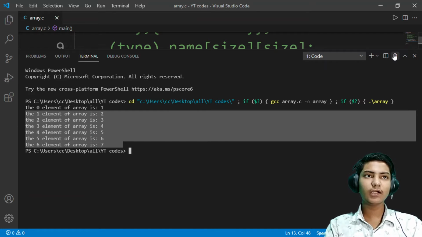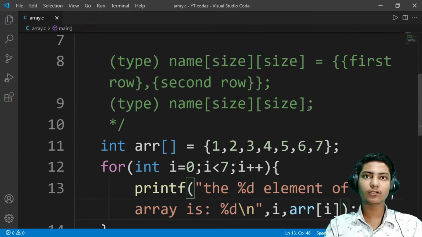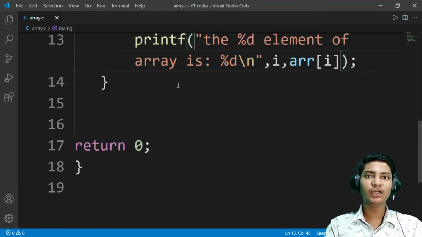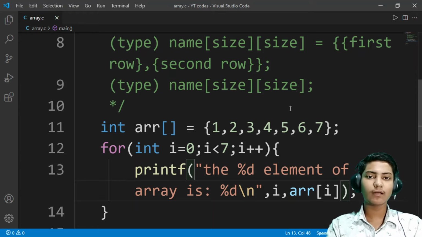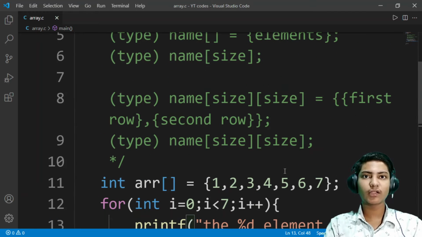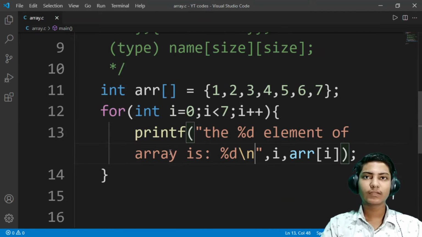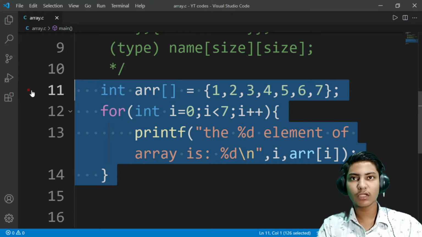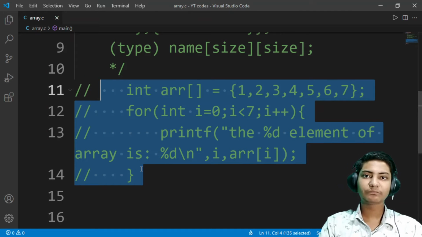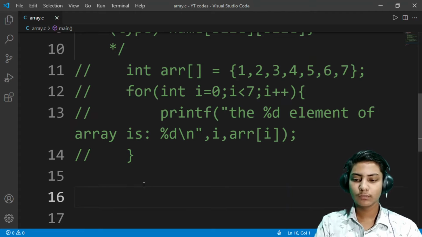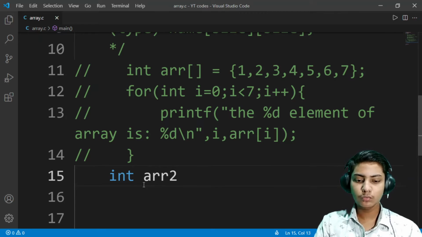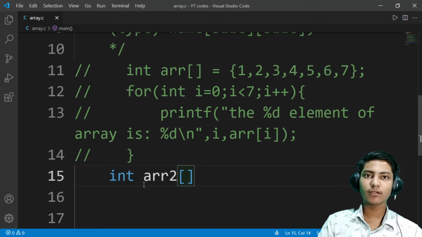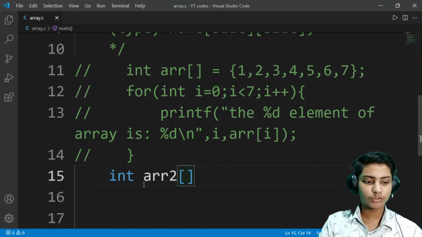So let us check the basic two-dimensional array. This is the basic of a one-dimensional array. We will check more arrays after the two-dimensional array. Let me make this commented as I have to give you the code. Now the second array, int array2, the size of the rows, the number of rows,